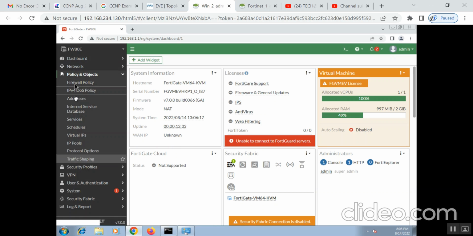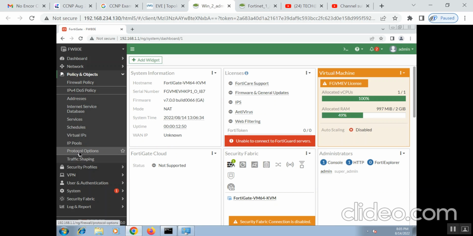Also we can see the policy section: firewall policy, IPv4 DoS policy, addresses, internet service database, services, schedules, virtual IPs, which is also known as destination NAT,